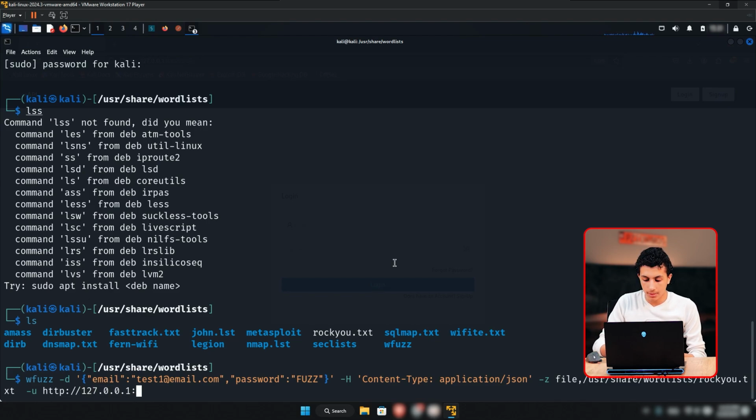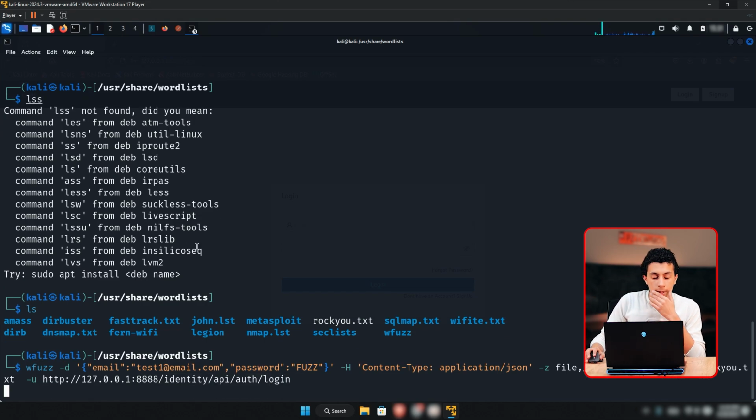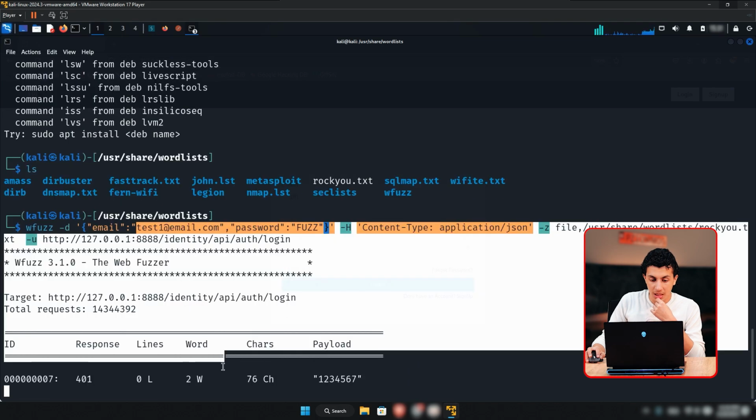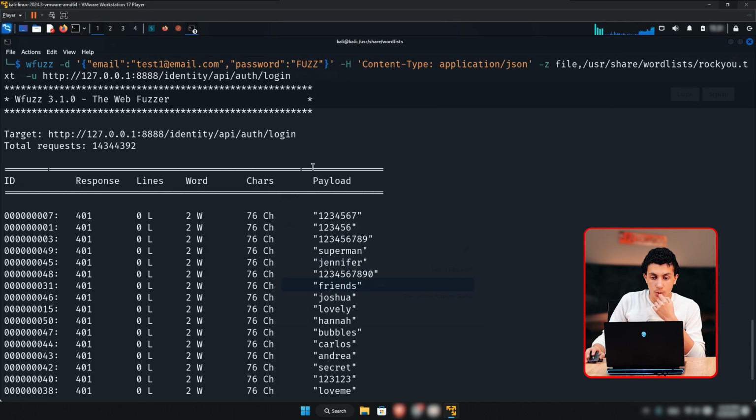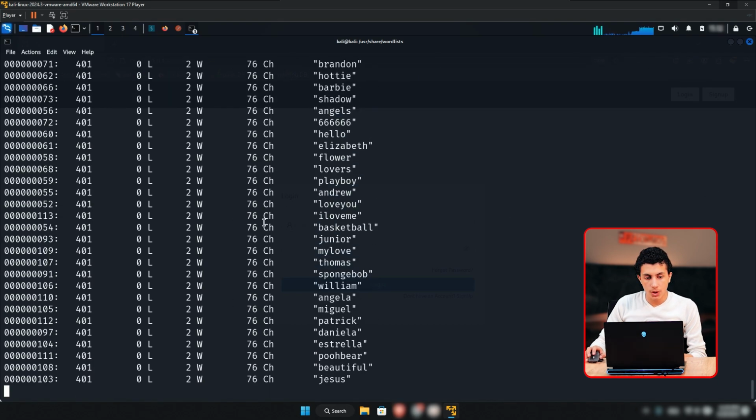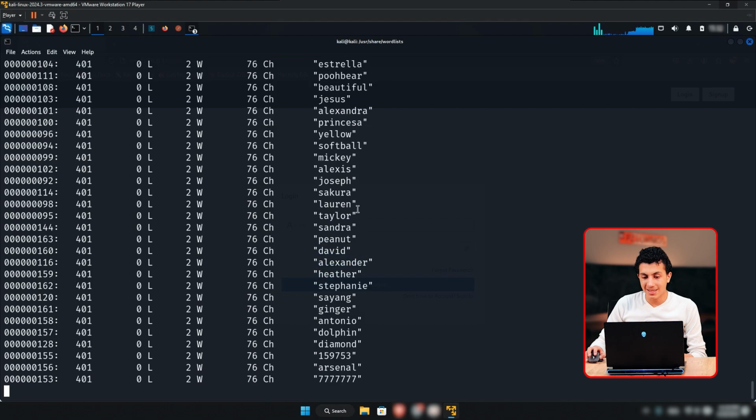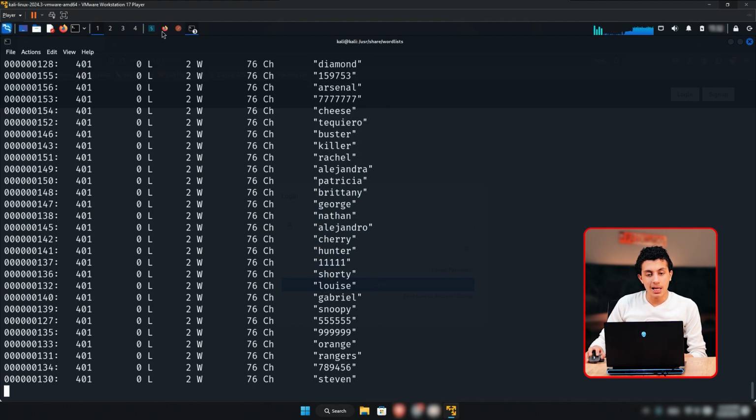http://127.0.0.1 at this port, / like that, and just hit enter. And right now wfuzz started brute forcing this email with this password, or the passwords that are already in the rockyou.txt file. Of course, we know that this is all a waste of time, because actually right here, if you